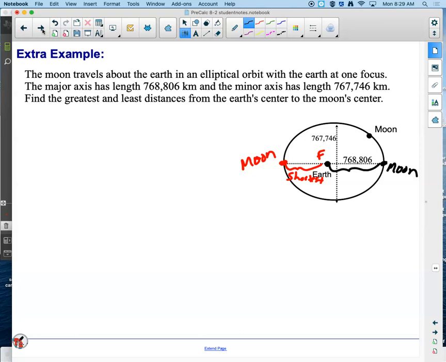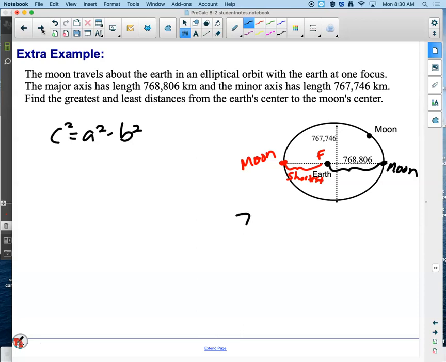So what I have to do is figure out, how do I find that? Well, let's see. If we can figure out the entire distance, which we already know there, 768,806, that gives us a chance to know what A is, because this is a horizontal axis given that this is larger than this one. So what I want to do is figure out first, since the focus is involved, where is the focus? And that would be c squared equals a squared minus b squared again. But we do have to figure out a and b, and instead of trying to remember and flip those back all the time,